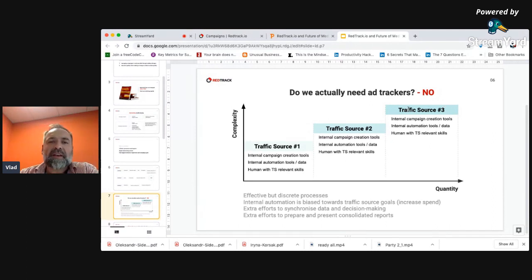Moreover, you can even use the automation algorithms provided by traffic sources, but there are 2 catches here. Number 1, you don't have access to consolidated reports. So each data set is discrete, so decision making is not exactly accurate at this stage. Second, the optimization tools provided by each traffic source are geared towards the goals of the traffic source. And their goal is very simple: we want to have as much of your budget as possible.